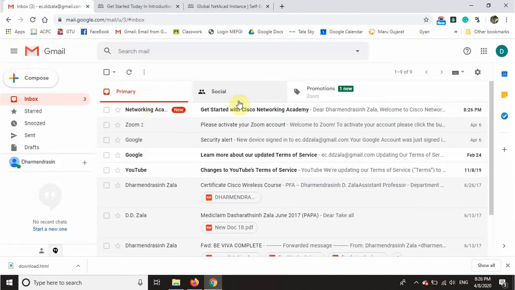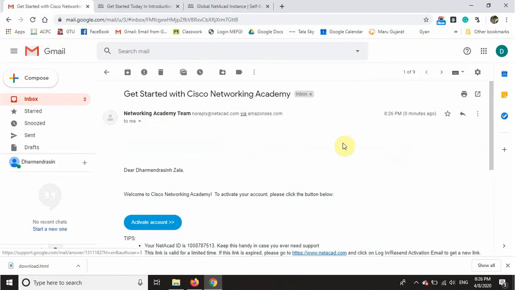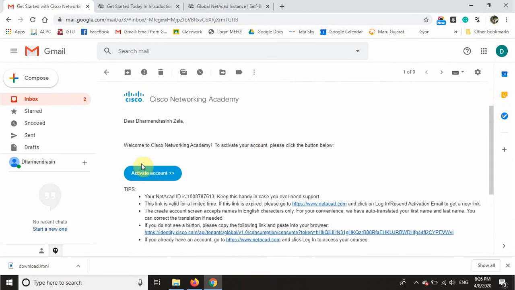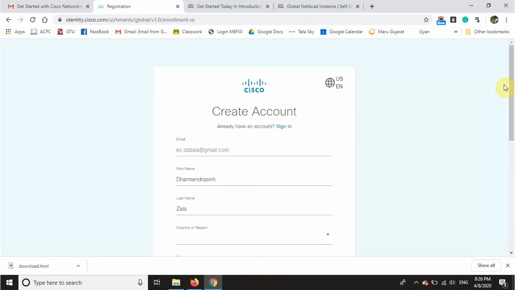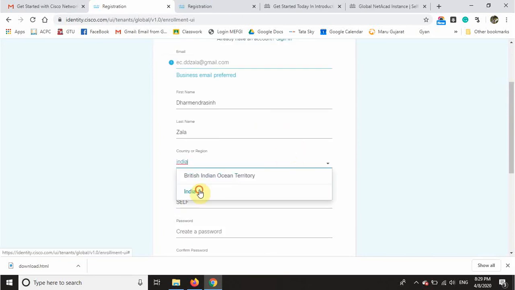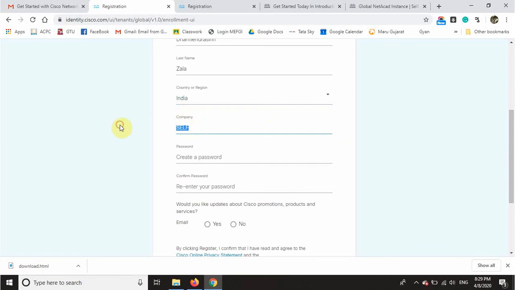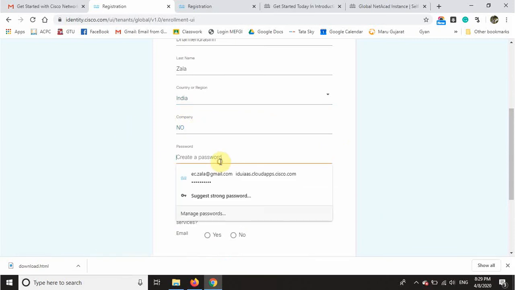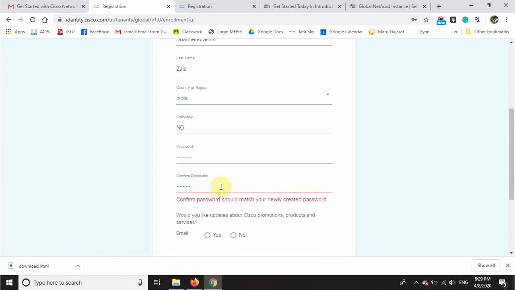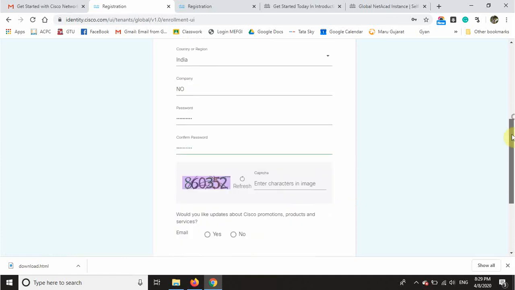Go to the email account, find the email, and here the option of activate account is given. Click on that and you will be directed to a new page where you can fill the data and activate your account. Fill the remaining details like your country, region, whether you have any company, then create your password, and then they will ask if you want email notifications.